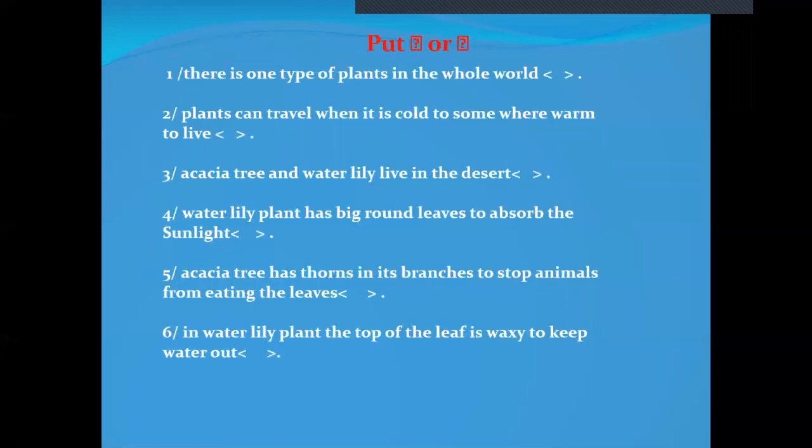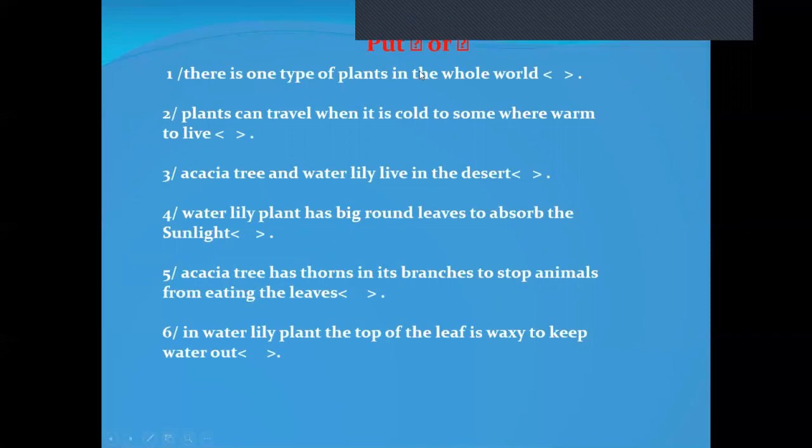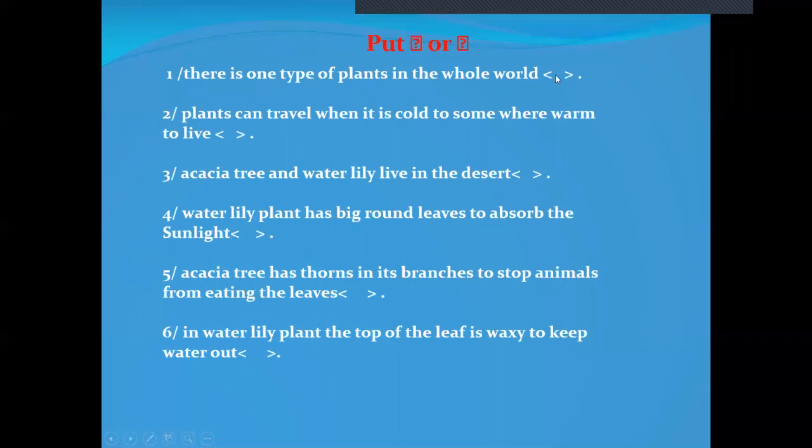Okay, now true or false. There is one type of plant in the whole world. False. No, there are many types of plants in the world. Plants can travel when it is cold to somewhere warm to live. No. Acacia tree and water lily live in the desert. No, acacia tree lives in the desert,